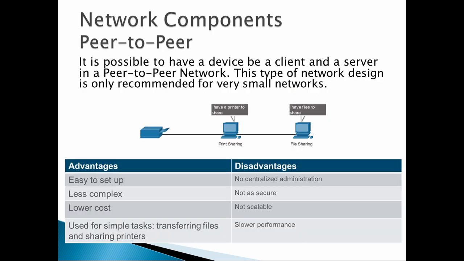Now we're gonna go to peer-to-peer component. Here a computer is a client and a server. For example, a computer which has files stored in it. That means it's a server. It has information. And if you want to share these files or if you want to retrieve these files, that computer gives you the information. That means it's a client too. So a single device is working as a client and a server. This is known as peer-to-peer network.